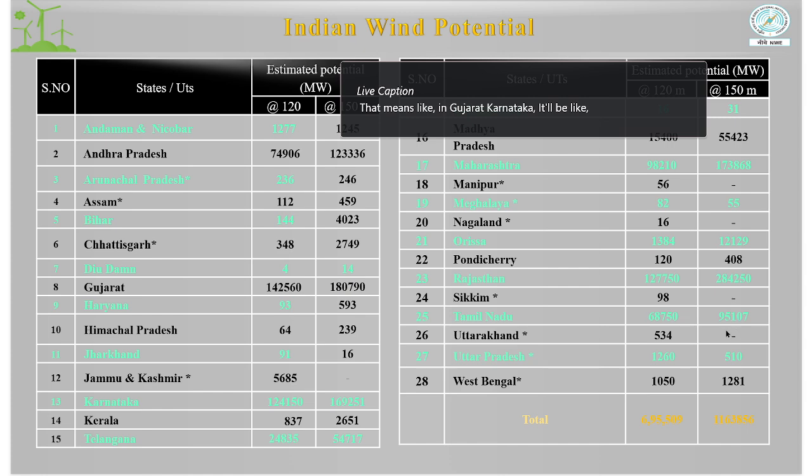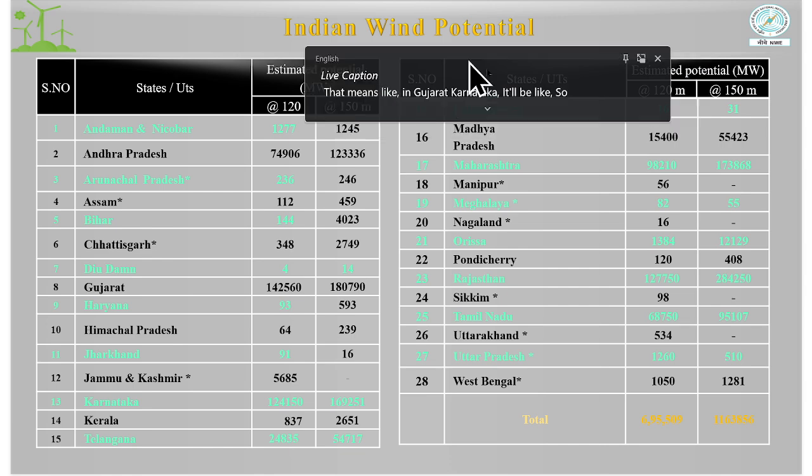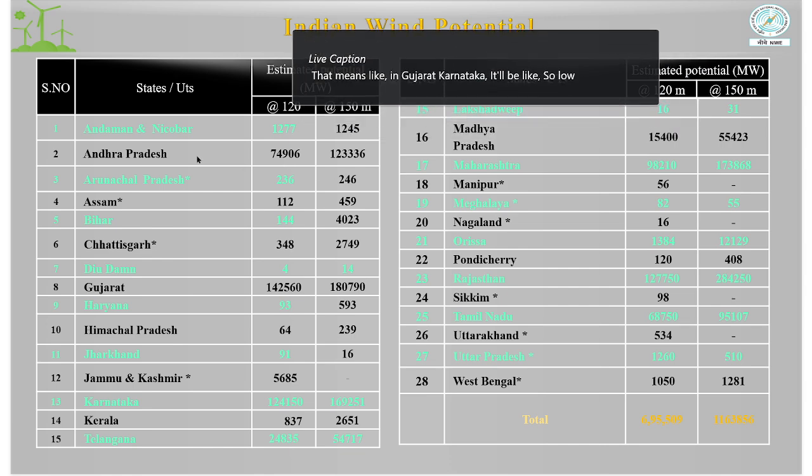The lowest will be... there are only 7 states which have high potential in India. Maybe Andhra Pradesh, Gujarat, and then Madhya Pradesh, then Tamil Nadu, Karnataka, Rajasthan, Maharashtra. That's all. This estimate is a gross estimate for the entire state based on the number of met measurements